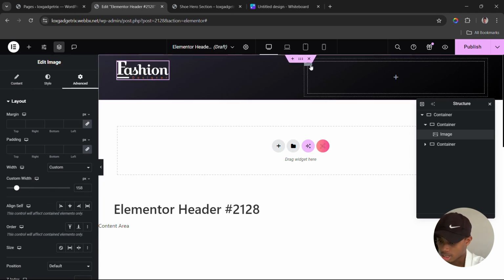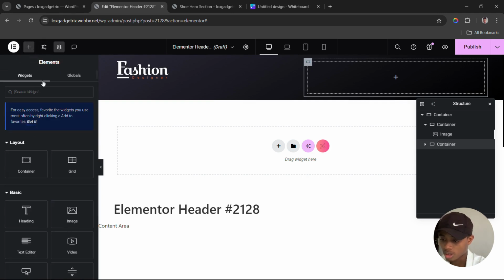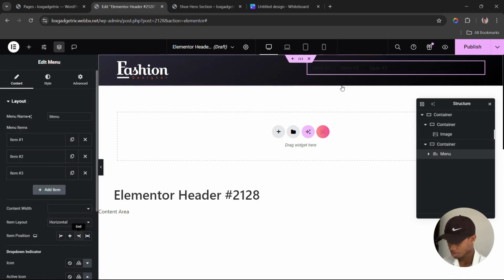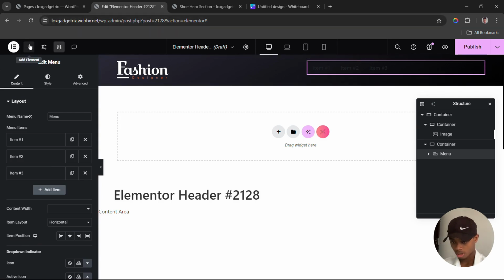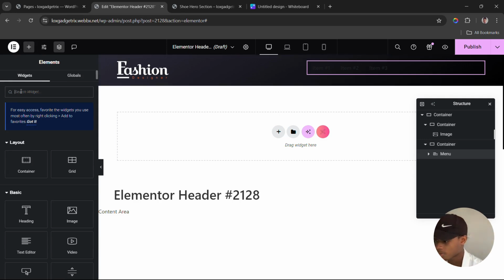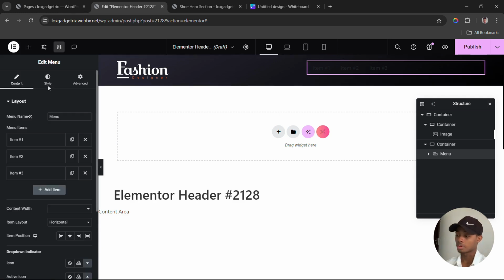So that is done. We are going to click on the other div, and then we're going to add a menu. I'm going to be using this menu. This is a pro widget. There are other free menus, and they offer the same features, just that the pro widget offers more features, like a drop down feature for this menu, which you don't really need right now. If you really need it, you can go for the pro version of Elementor. So that's just there. We're going to click on the menu we added,